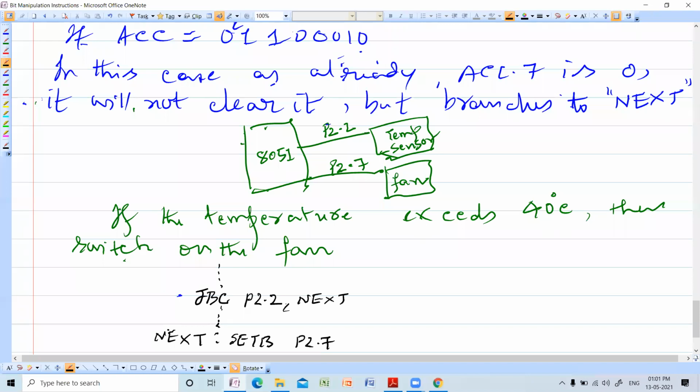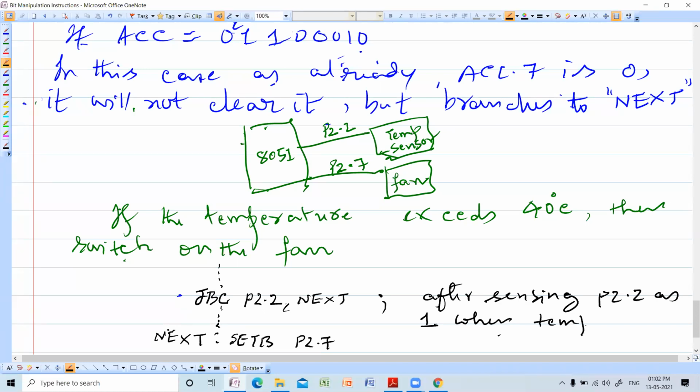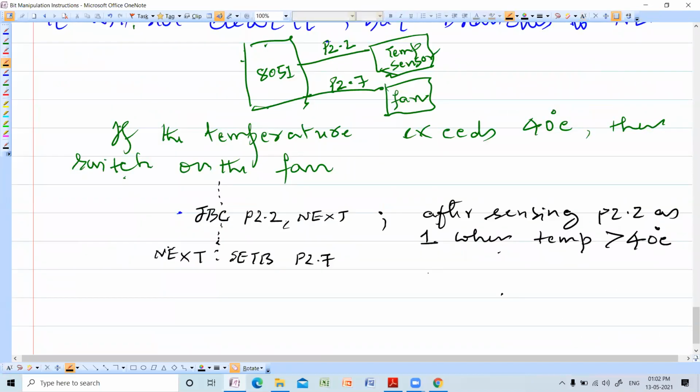At the same time, very interesting here is that after sensing P2.2 as 1, when the temperature value is greater than 40 degrees, it clears that line.